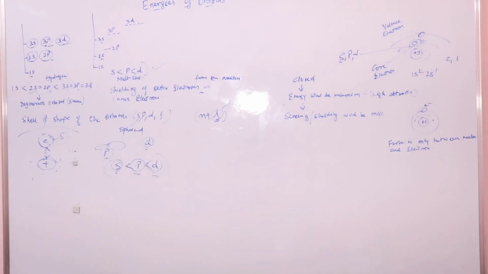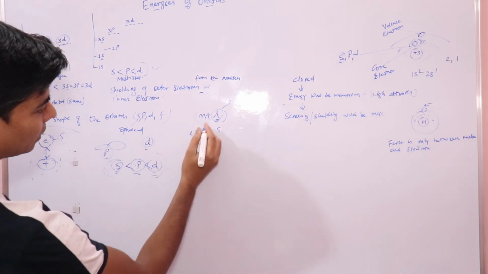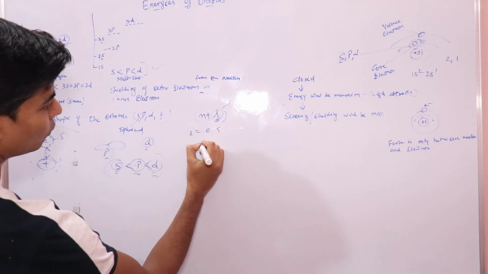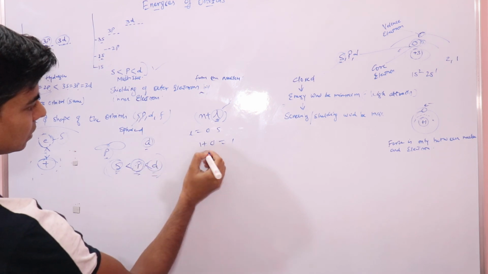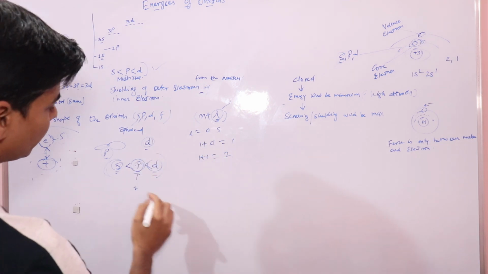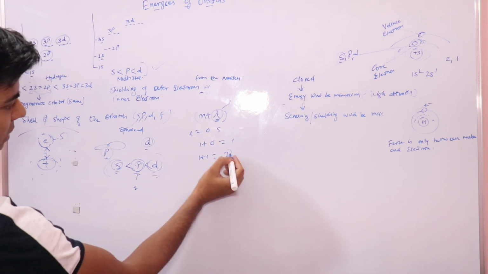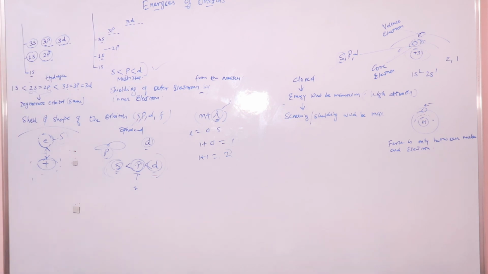So the n plus l rule is important. The lower the value of n plus l for an orbital, the lower is its energy. If you look at this, l is equal to 0 for s orbital, so 1 plus 0 is equal to 1. For p it's 2, so 2 plus 0... that is, for 2p, 2 plus 1 is equal to 3. And we know that p orbital has higher energy, and s orbital has lower energy. So less is the value